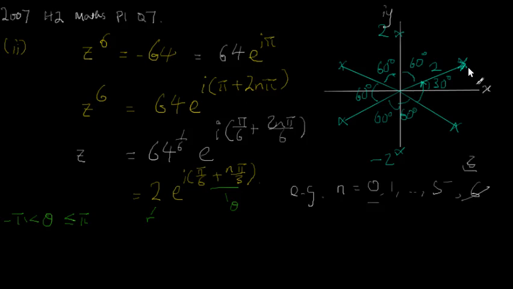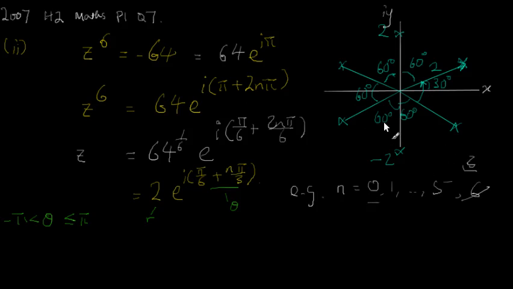So I don't get something different anymore. It's only this 1, 2, 3, 4, 5, 6 that are different. And in going from there to there, I would have gone from n equal to 0 to 5. That's what I get when I set n here to 5. Okay, now